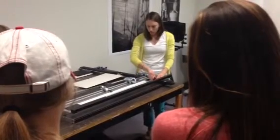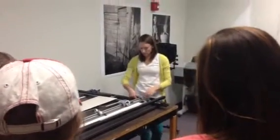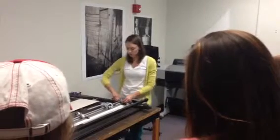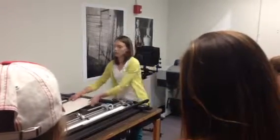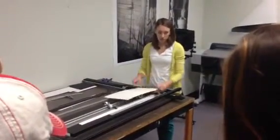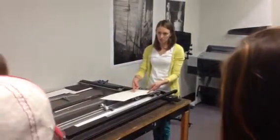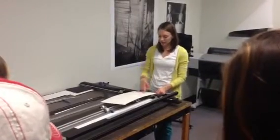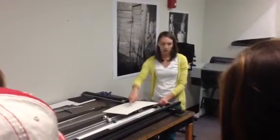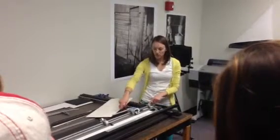So there's three scales on here that determine where your cuts are. So this scale and this scale are going to determine how far down your cuts start and end. And then this one is going to determine how far in it is. Does that make sense? So if you're cutting this line, you need it to be 2 inches in and 1.5 inches on the top and bottom. So you would set this scale at 2, and this scale